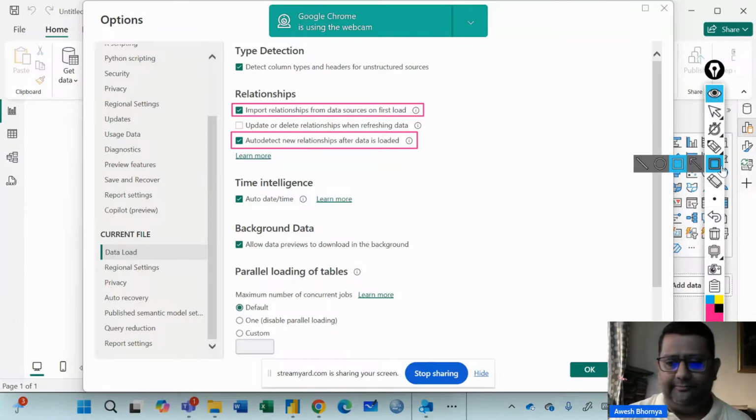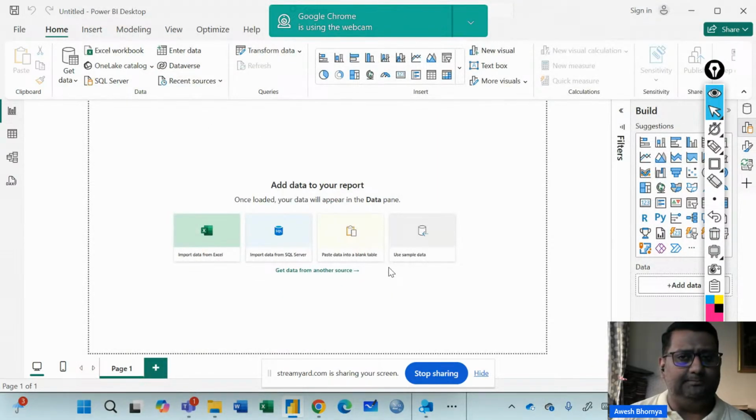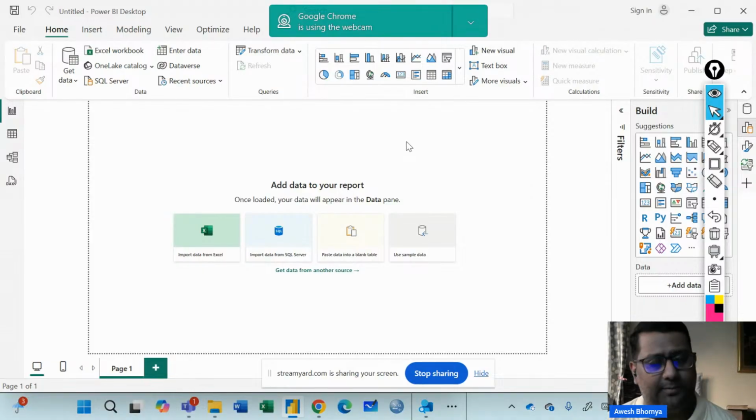So how would you do that? First and foremost, we are going to switch this off. And once we've switched this off, the next thing I'm going to do is click on OK so that I get the settings applied, whatever settings I want to apply. Now, once you've finished applying the settings, you need to go ahead and